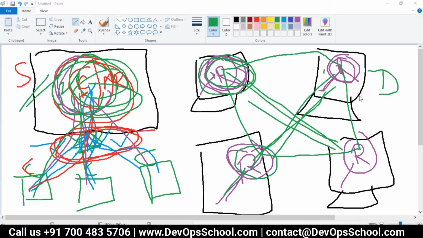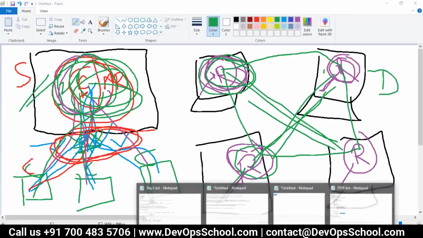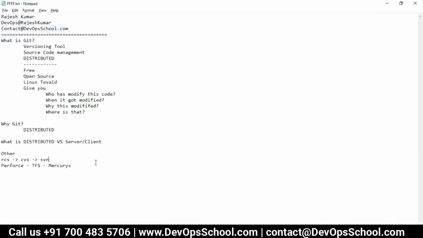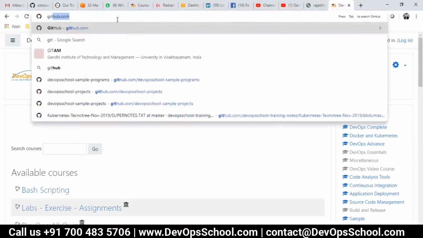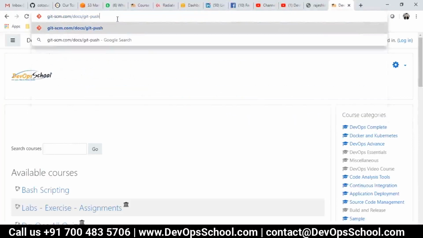Yeah. Yes. Okay, so now the next question is how to install Git. So guys, it depends on your operating system, whether it is Windows, Linux, or Mac. So let's say if you're using Windows, directly go to this website, git-scm.com, and